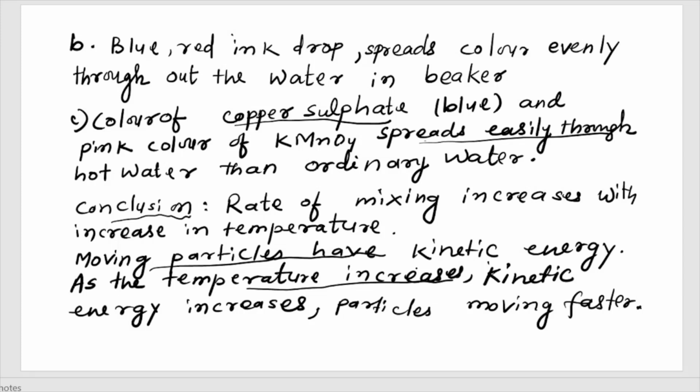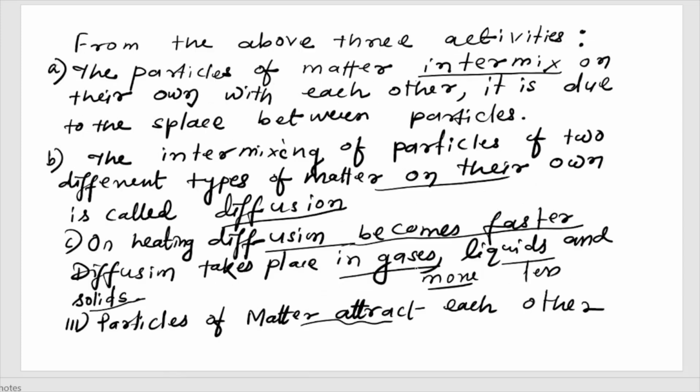सी द कलर ऑफ द कॉपर सल्फेट ब्लू, मिक्सिंग टोटली इन द वाटर. ये मिक्सिंग कब बढ़ता है, विथ इंक्रीजिंग टेम्परेचर. यू नो टेम्परेचर काइनेटिक एनर्जी पर डिपेंड करता है. व्हाट इज काइनेटिक एनर्जी, मूवमेंट एनर्जी. जो पार्टिकल मूवमेंट हो रहा है उसकी जो एनर्जी हेल्प करती है उसको काइनेटिक एनर्जी बोलते हैं. टेम्परेचर बढ़ेगा तो काइनेटिक एनर्जी बढ़ जाएगी, तो मूविंग फास्टर हो जाएगा. तो फ्रॉम दी अबव 3 एक्टिविटीज, कॉपर सल्फेट, पोटेशियम परमैंगनेट लाइक दी.